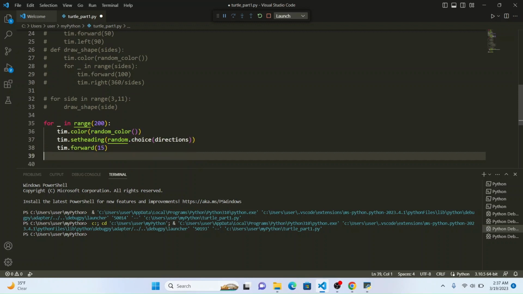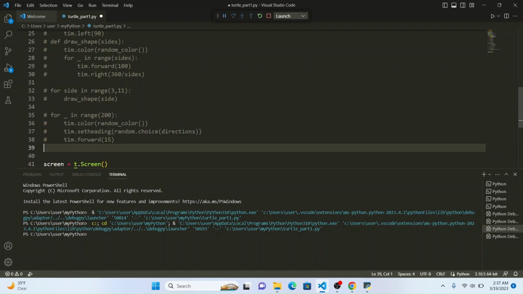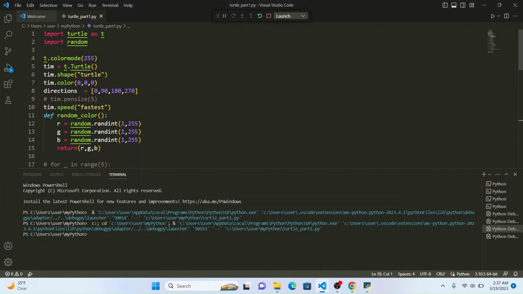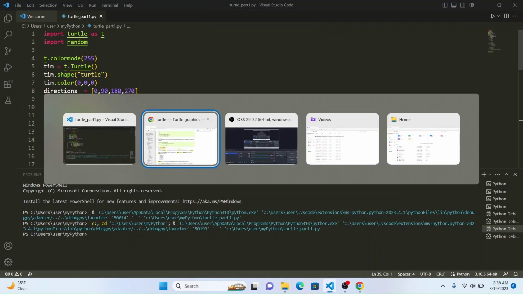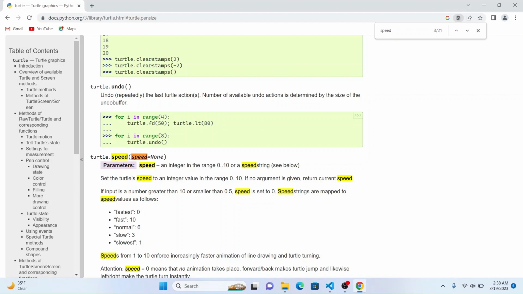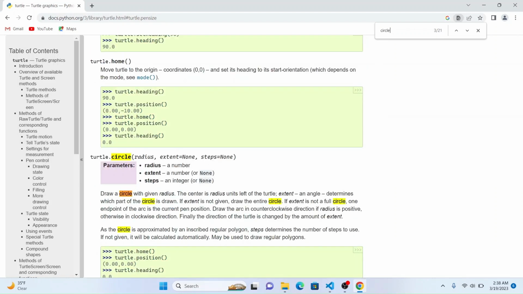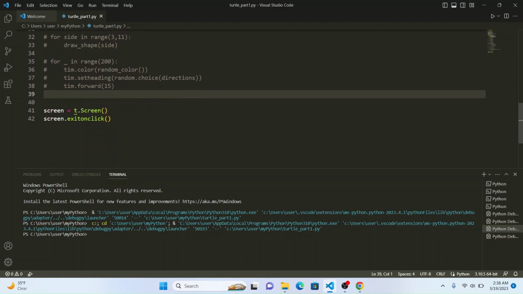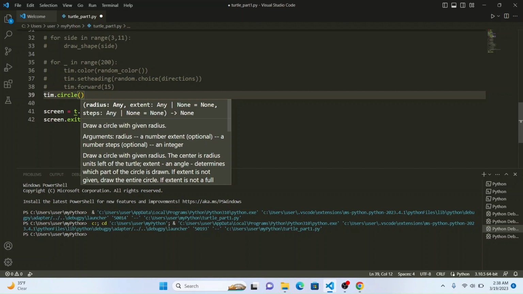So now we will just try and draw a spirograph. For that, we will define a function by name spirograph. Spirograph is a group of circles. First, we will try to see how to draw a circle using the documentation. So circle, we can just use a radius and it's a straightforward way. So let us just try and draw a circle. Team dot circle of say 20